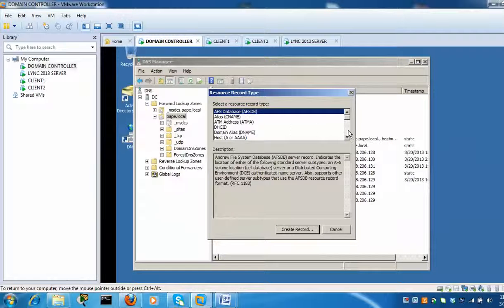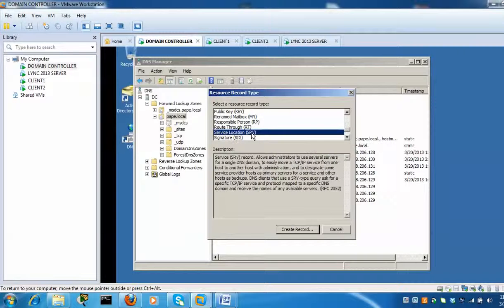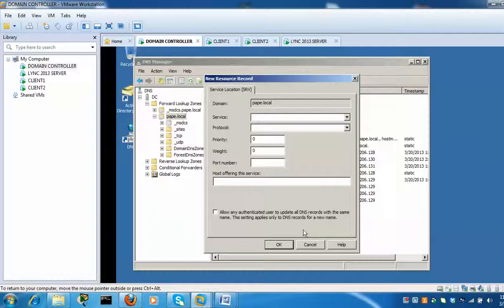And then here, if you scroll down, you'll see service location SRV. So we click on create here, underscore sip, internal, TLS, TCP,